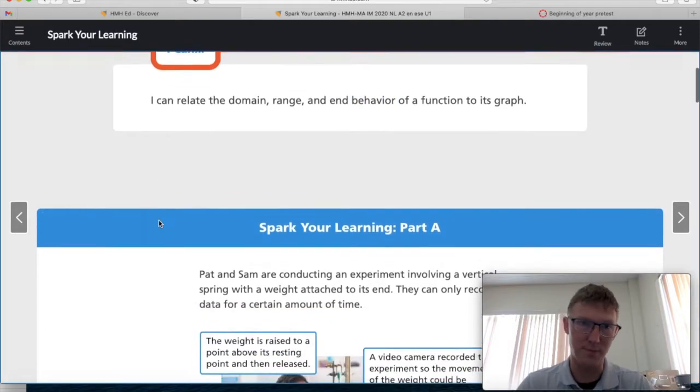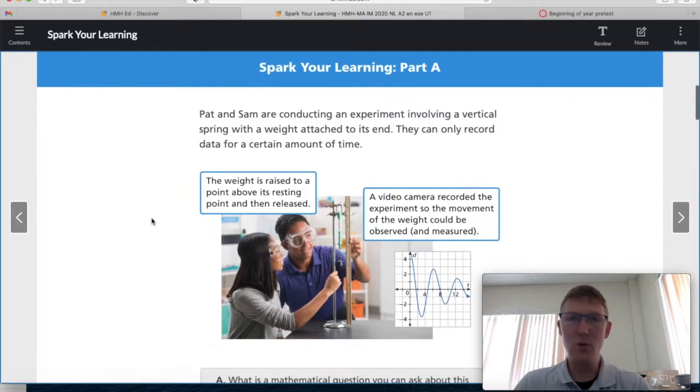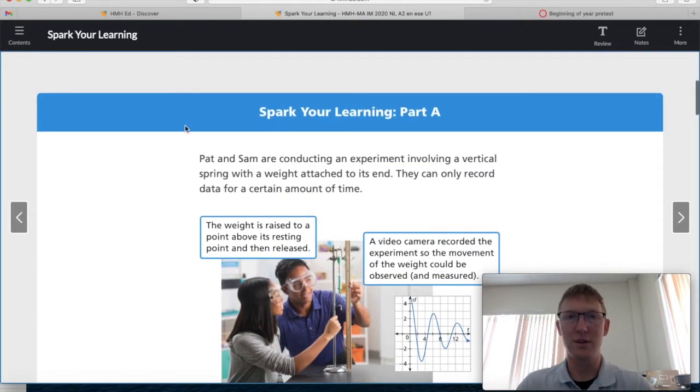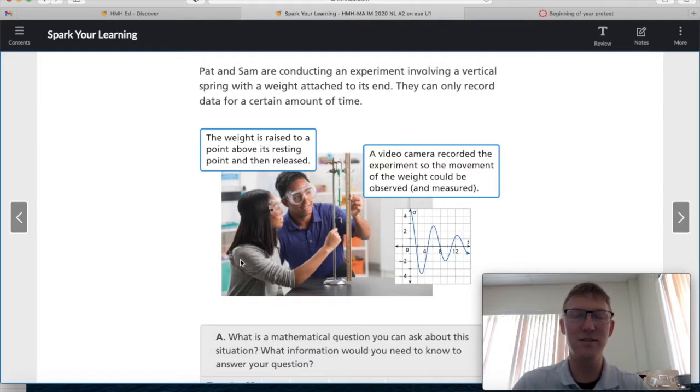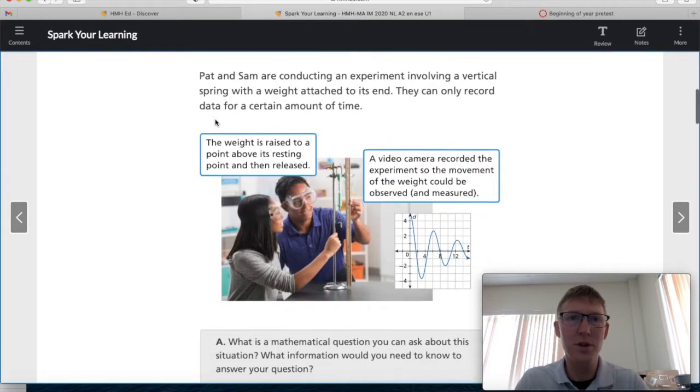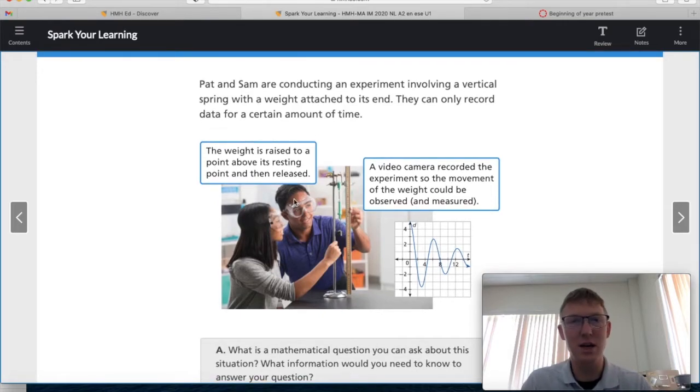So let's get started. Every one of our modules starts off with a Spark Your Learning. Some of them are kind of interesting, some of them are really not. Usually I talk about them, I don't always go over them in depth because that time can be spent doing other things. But this is a very interesting situation, and it's something that you will see in science at least a whole lot,